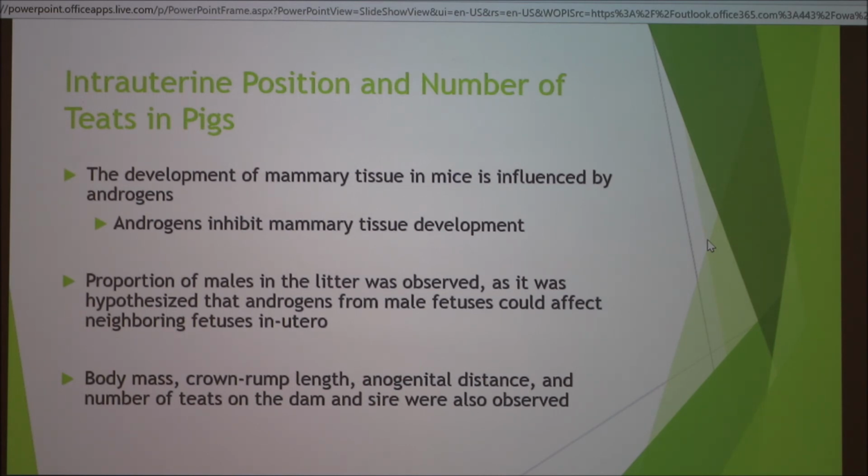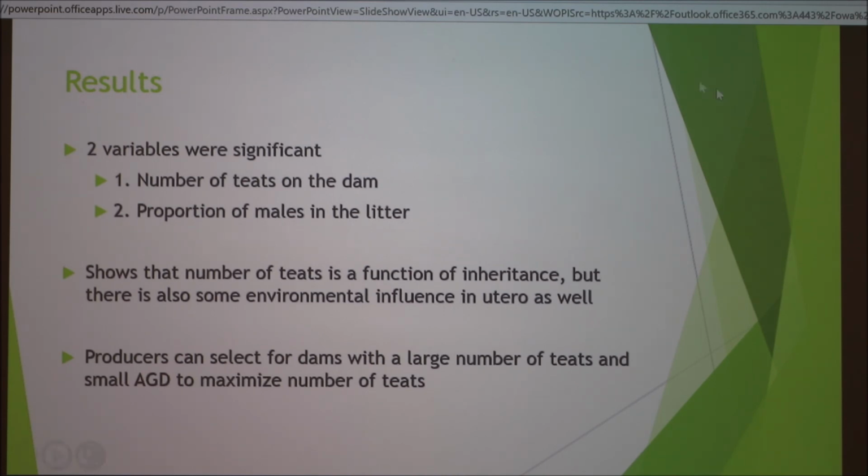Again, they looked at body mass, crown to rump length, anogenital distance, and the number of teats on both the dam and the sire. Two variables were significant in this study: the number of teats on the dam, and also the proportion of males in the litter. This showed that the number of teats is a function of inheritance, but there's also some environmental influence in utero. So if producers are looking to maximize the number of teats on their females, they could select for dams with a large number of teats and those with a small anogenital distance to maximize